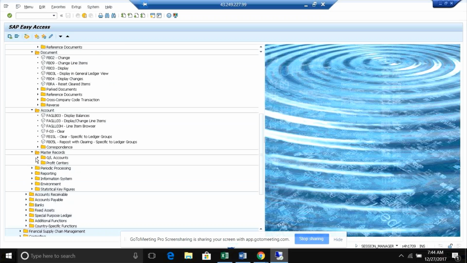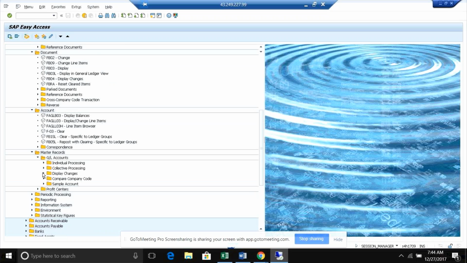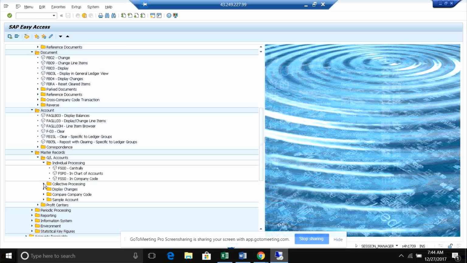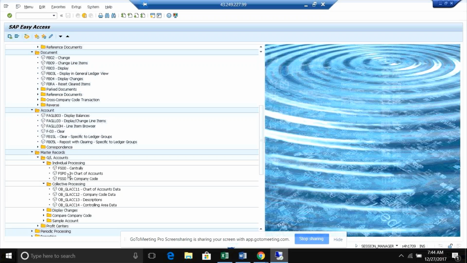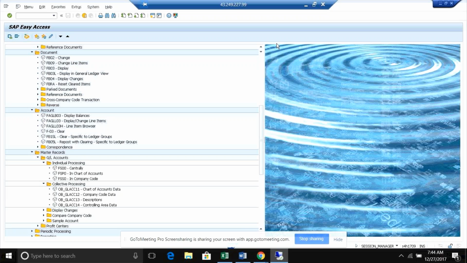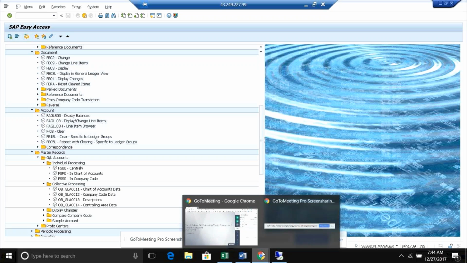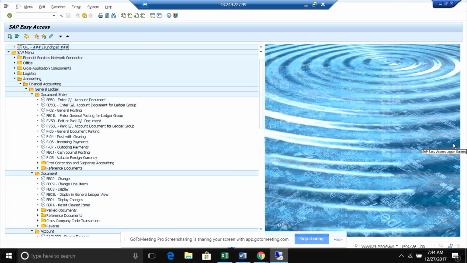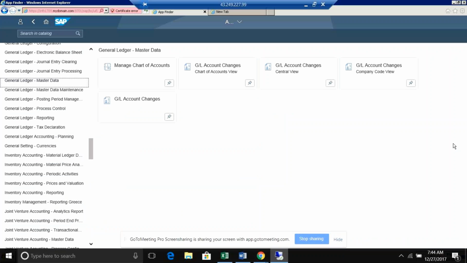Master records, GL accounts: these are all available on the SAP menu, but the same thing they are adding as different applications here. The same thing is copied here, nothing is changed. You can do it from here, and also from there.